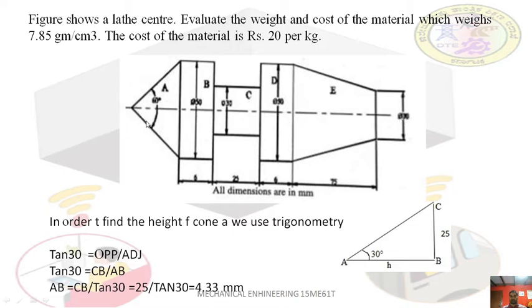Before starting this problem, we have the first part here, the cone. The diameter of the cone is given, but the length is not given here. In order to calculate the length of this cone, you have to use trigonometry. We are taking the half portion of this A, which will be a triangle here. To find out the length, you have to find the length of this AB. The included angle is given as 60, so half of this angle will become 30.